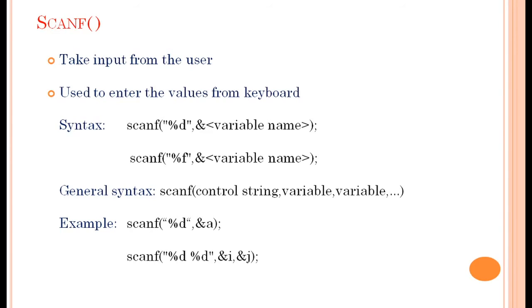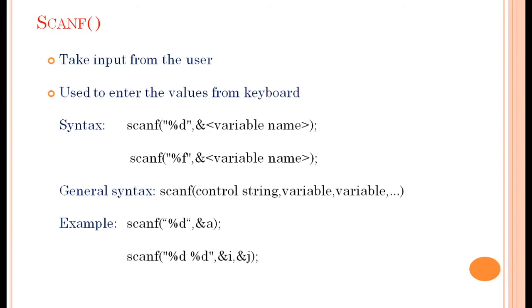This means that, suppose you type 3, 4, 5, you can type them on the same line, or you can type 3, 4, 5 on three different lines. And it doesn't matter how many spaces are included between items. Okay. So for example, see here in scanf, I have written %d %d without a comma, and the two variables defined here are i and j.